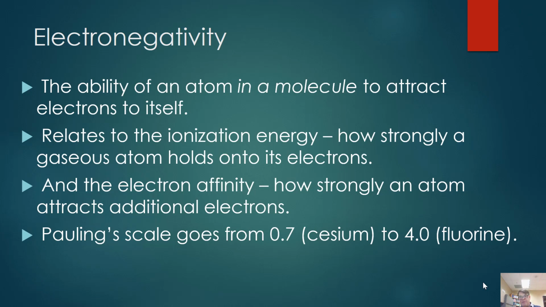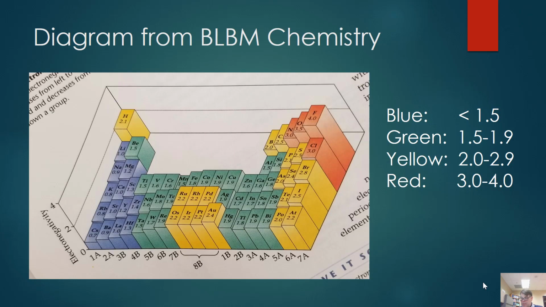It feeds on electrons. Okay, so this is a chart from Brown, LeMay, Bursten, and Murphy's Chemistry: The Central Science. And this basically reflects the Pauling scale of electronegativity. Over here you can see in blue, these have very low electronegativities, very low ionization energies, very low electron affinity. These are atoms that are more than happy to give you their electrons. So that's blue. Remember, cesium's 0.7. On the other end of the scale are these with very high electronegativity, 3 to 4